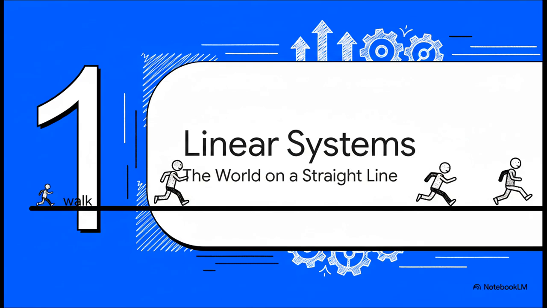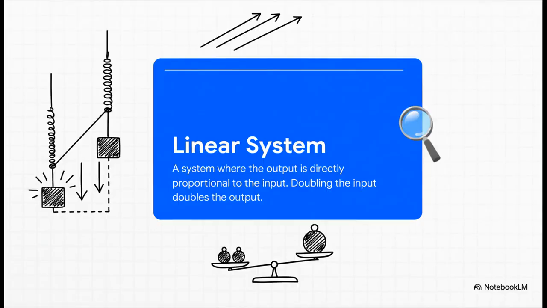So to really get a grip on the beautifully complex and wild nature of the real world, we first need to master the simple, kind of idealized world of what we call linear systems. Okay, so think of linear systems as the straight-A students of physics. They follow the rules perfectly. Everything is perfectly proportional. You double the force on a spring, guess what? It stretches twice as far. The math is clean, the behavior is totally predictable. It's a beautifully tidy, predictable world.